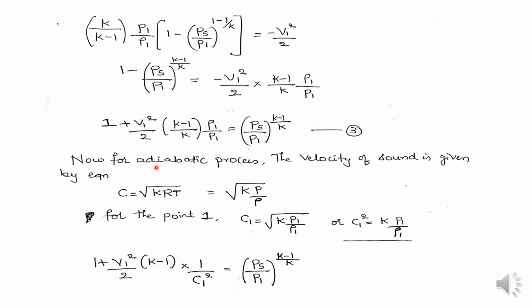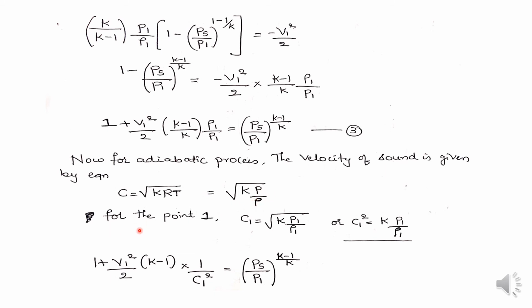Now already we know that for the adiabatic process also, the velocity of sound is given by the equation c equals root of k into r into t. Already we have derived this and solved problems based on this equation, where c equals root of k into rt, where k I have kept as it is, and rt is replaced by p divided by rho. This we have also proved in the equation of state, where p divided by rho equals r into t. Therefore r into t is replaced by pressure divided by density.